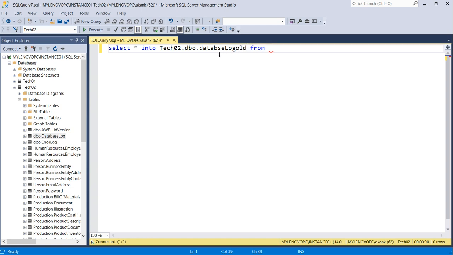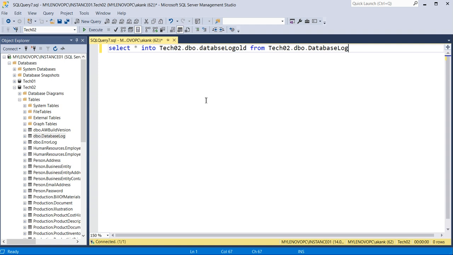I am creating a table inside the tech02 database called database log old, and it will take the backup from the table in the same database, tech02, and the table is database log. Okay, so this is the command.